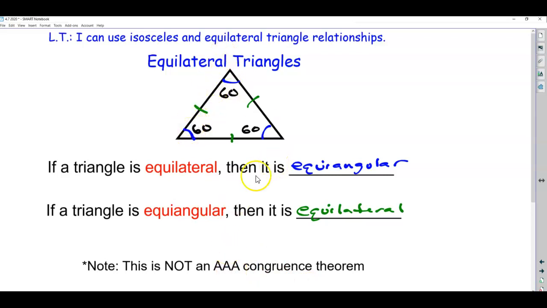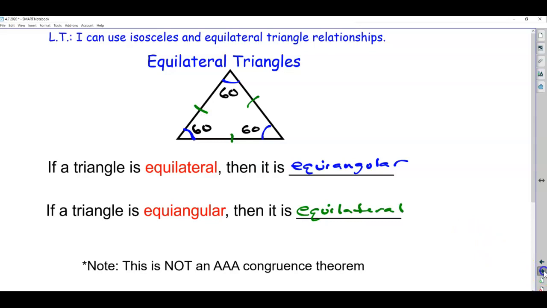If I have a 60 degree triangle, actually, let me see if I can do this. What if I take this triangle right here and I shrink it, right? Notice the angles didn't change. They're all 60, but these two triangles are clearly not congruent. So just by knowing it's equiangular does not prove that it would be congruent to another triangle. You have to know side, side, side, side, angle, side, any one of the 5 methods that we use to